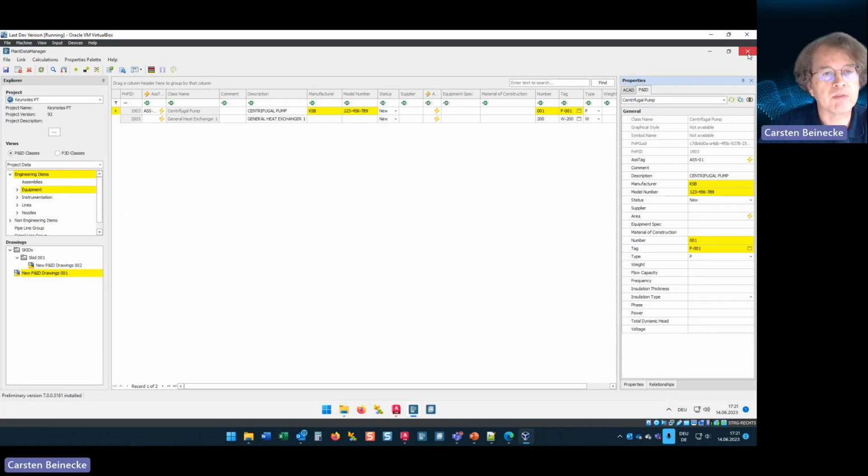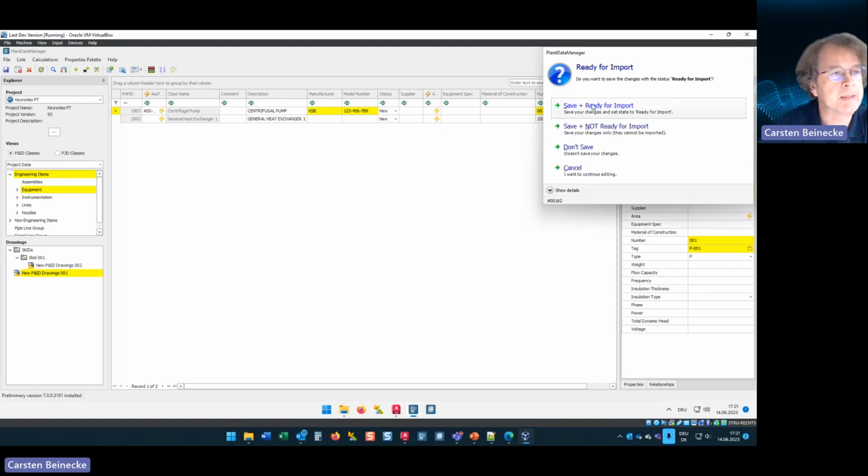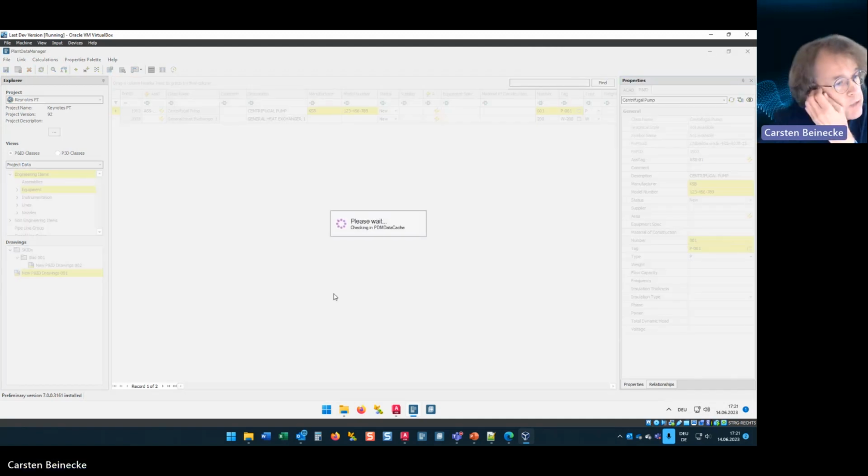Now I'm in my virtual machine, so I will close that and save the changes as ready for import. For those of you who do not know Plant Data Manager, ready for import is required so the CAD user can later import my changes. They are stored in a temporary database file, the so-called PDM data cache. This PDM data cache exists for each of the PDM users. So while I'm waiting till that file is checked in,